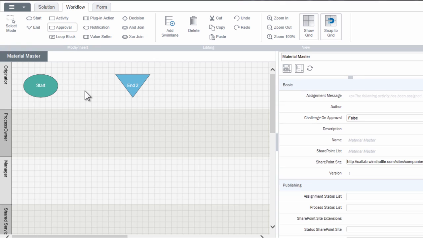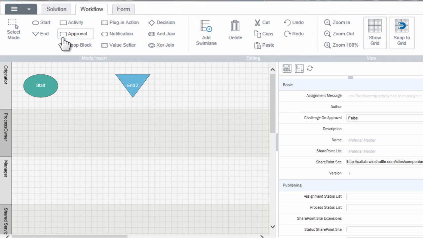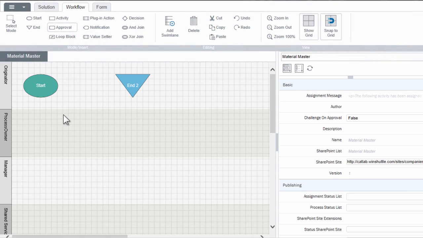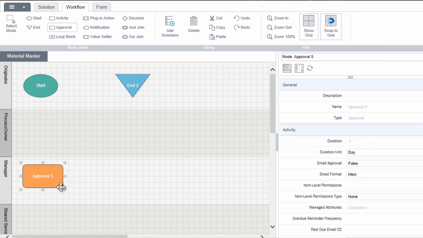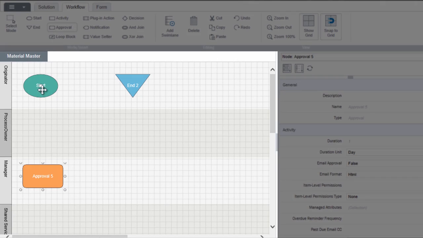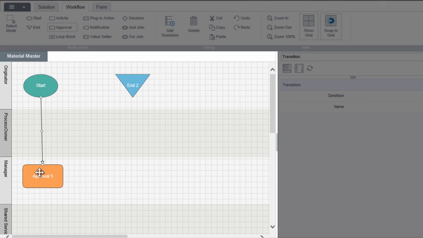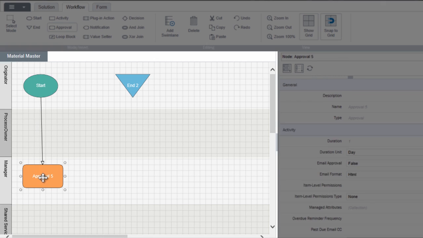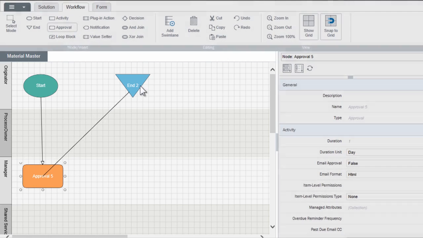First, I'll select and delete the previous transition, and then I'll select the approval node in the workflow section and build that into the manager swim lane. It's just drag and drop. You're just drawing the shape in the swim lane for who you want to have perform that activity. Then I'm going to drag and drop between activities from the start to the approval, and then from the approval